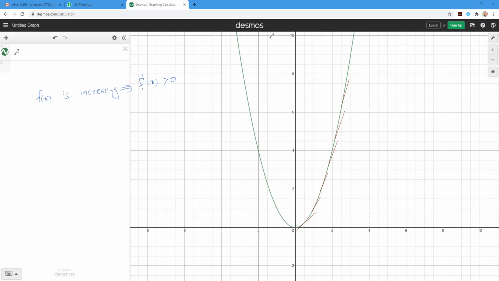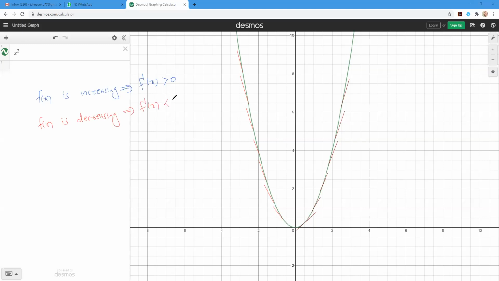Then, if the function is decreasing, see what will happen. On the left side the function was decreasing. Now if we draw tangents, you can see that every tangent has negative slope. See, the line is falling. When the function is decreasing, you can see that the line is falling. So you can say that when f of x is decreasing,